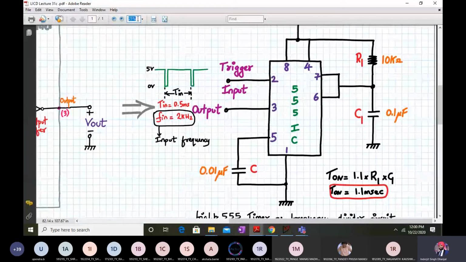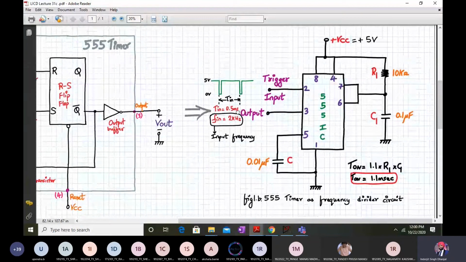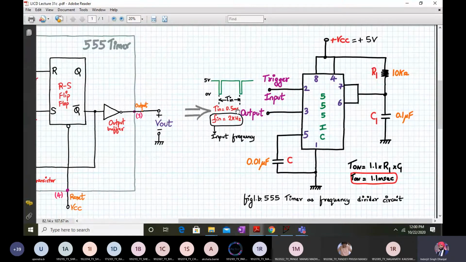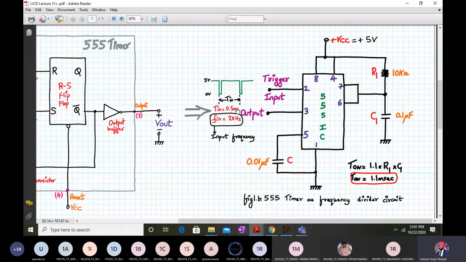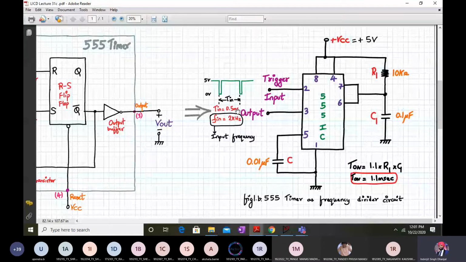Okay, I have to reduce this a little. Let me explain this in the next 5 minutes and we will complete this application. Everything is the same as your monostable, as we have discussed. Even the T on time is 1.1 times R1 into C. If you remember, there also we had taken 1.1 millisecond. So it's the same, and VCC is given as 5. The 555 timer is powered with plus 5 volts, and the output is taken across pin number 3. We are even connecting a 0.01 microfarad capacitor between pin number 1 and 5, and the trigger input is applied to pin number 2. Everything is the same.